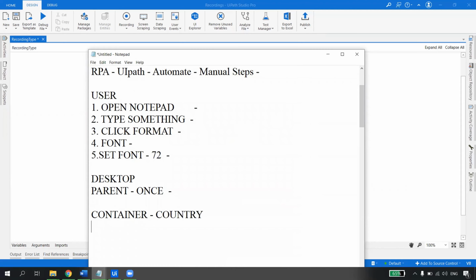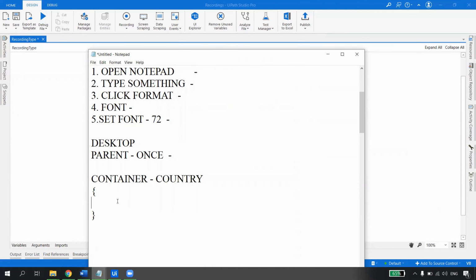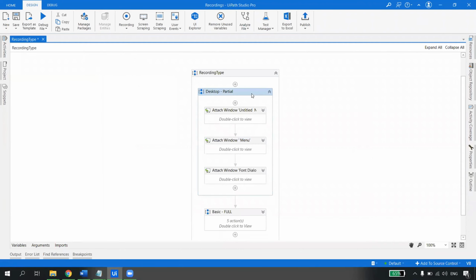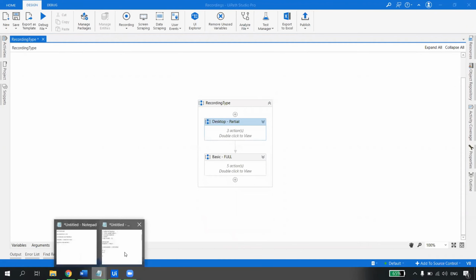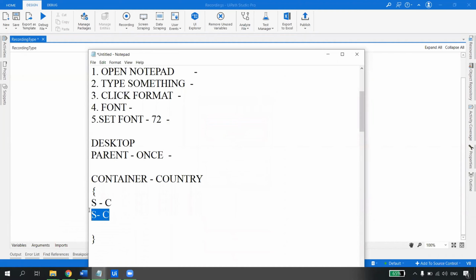Now this guy says, if you do everything inside my container, you don't need to give the country name. You just give the state and the city, so that way it will be faster, right? So automatically, when you use the desktop recording, it creates a container for you. Right, now let us go to the desktop recording, right? So what do you think, is this a full or is this a partial now? This is a partial. Partial, right? Correct.